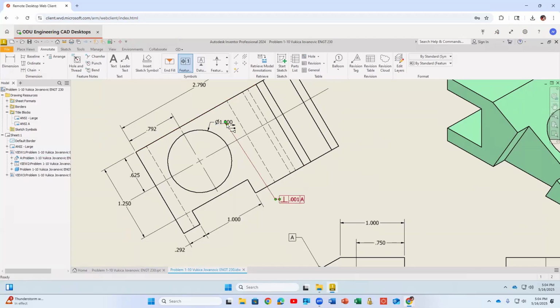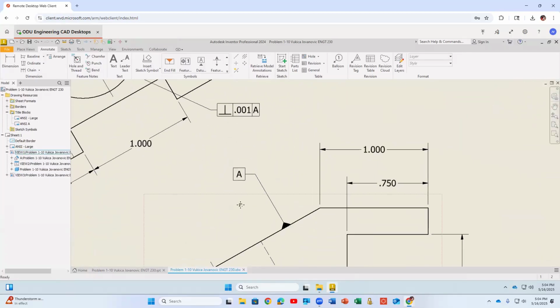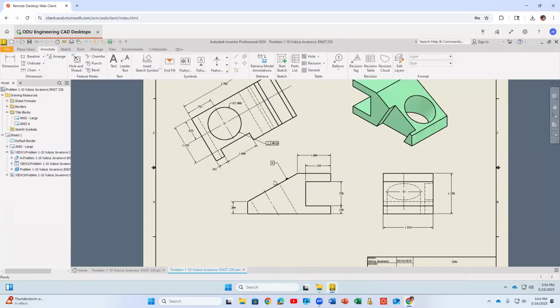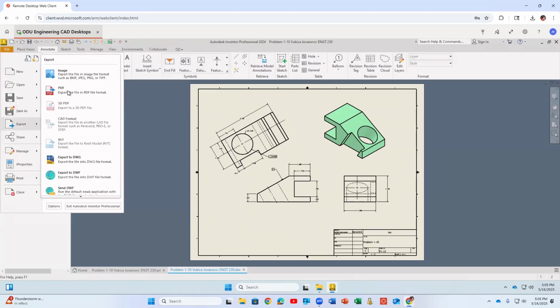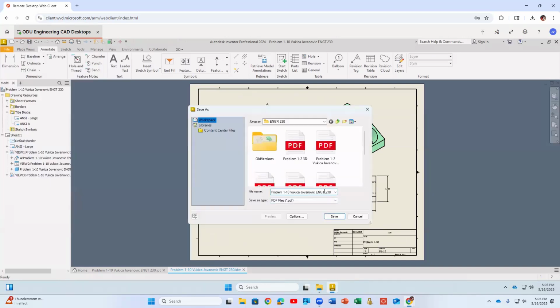I don't know, maybe this leader would better be on this circle like that. I want to say, drill me that hole perfectly perpendicular to this plane. So in this way, I did one small constraint. So I would say save and export as a PDF,